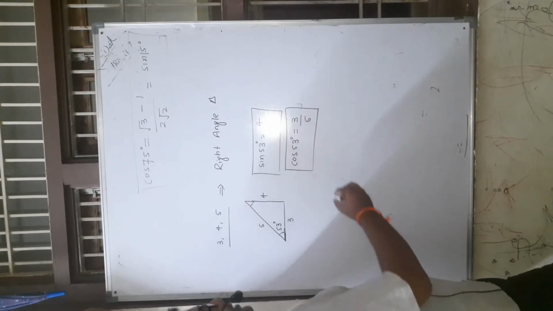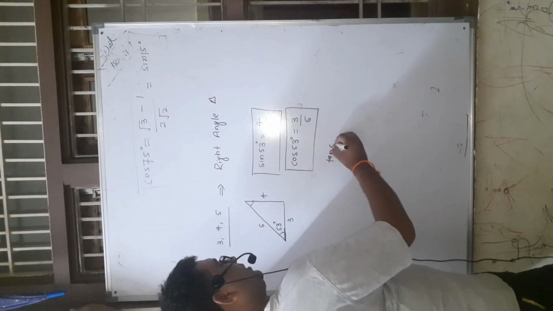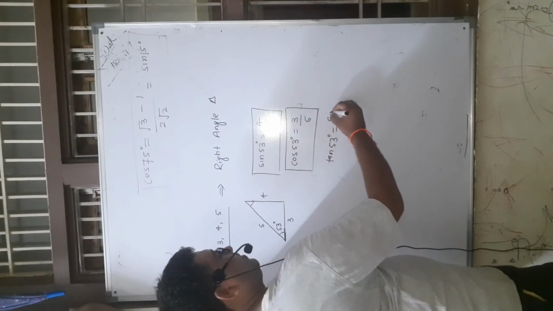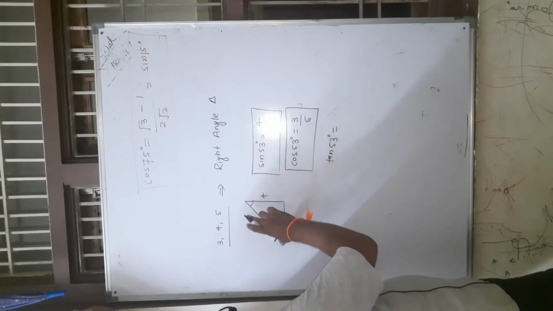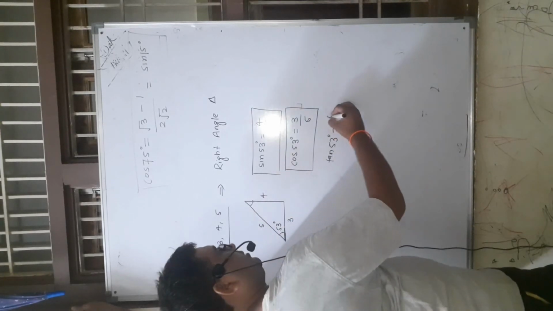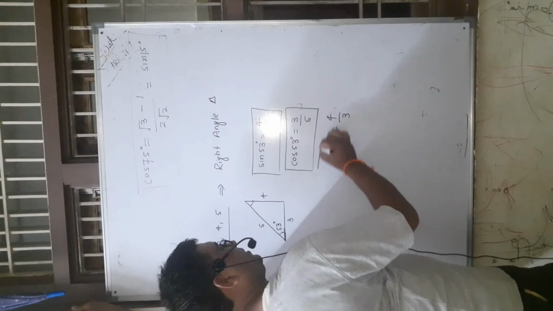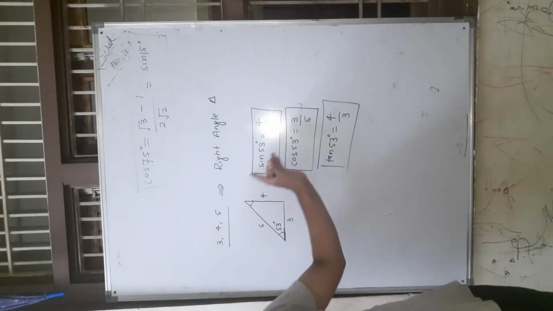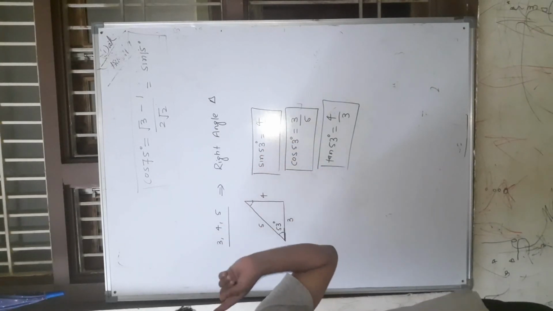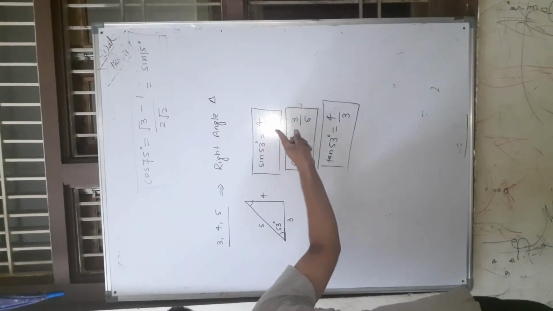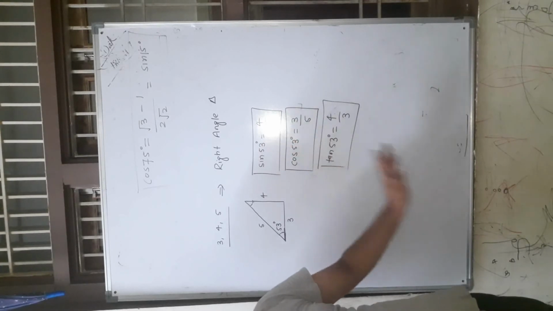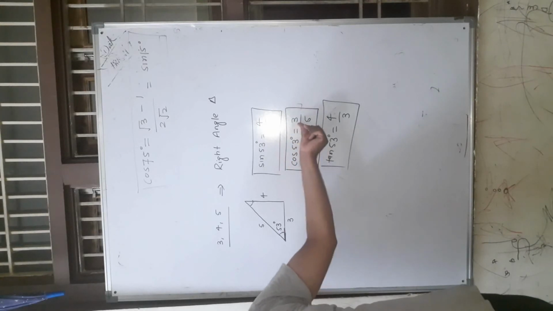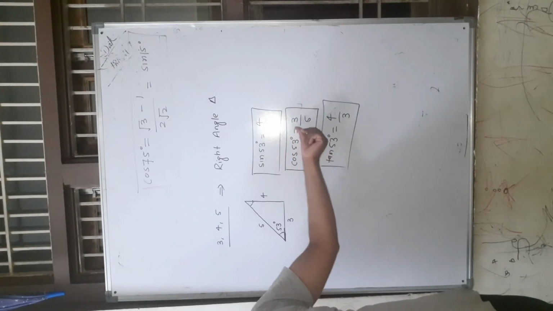So this value corresponds to cos 53 degree. If we take tan 53 degree, what will be the value? Tan theta is equal to perpendicular upon base. Perpendicular is equal to 4 and base is equal to 3. This value corresponds to tan 53 degree. So always remember the values: sine 53 degree is equal to 4 by 5, cos 53 degree is 3 by 5. Larger the angle, larger the value in sine, and in cos larger the angle, smaller the value.